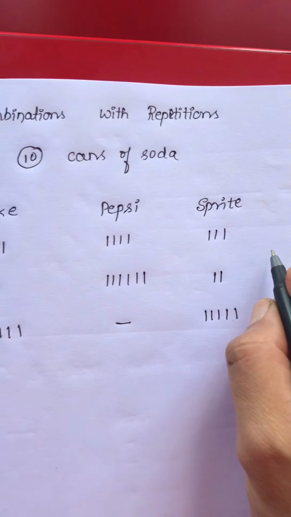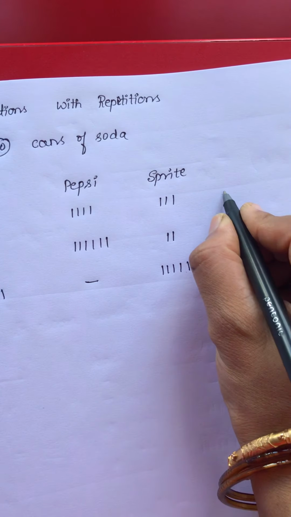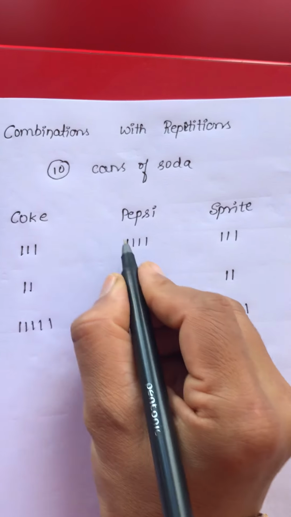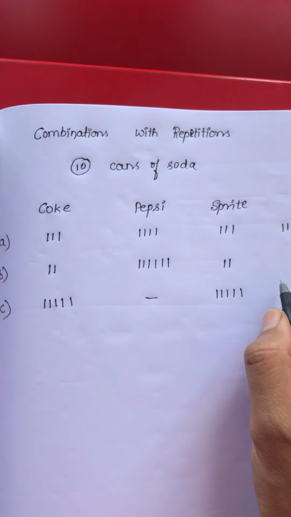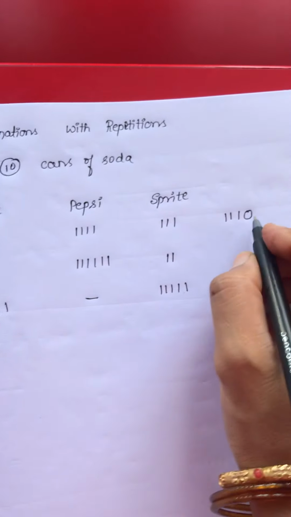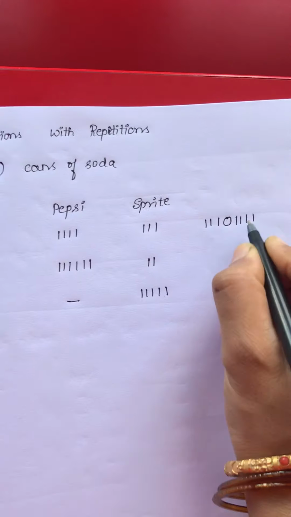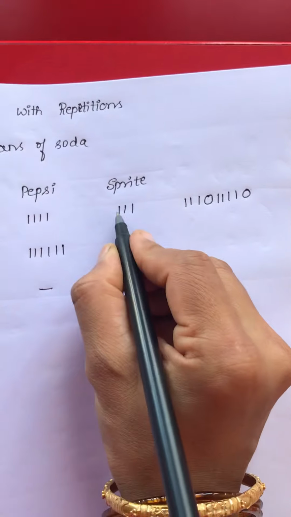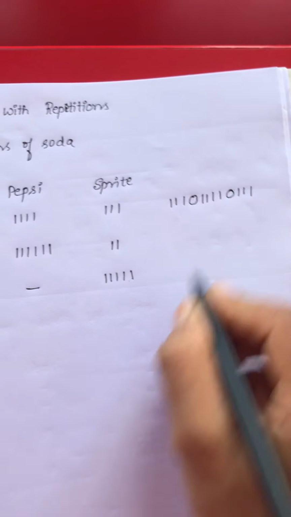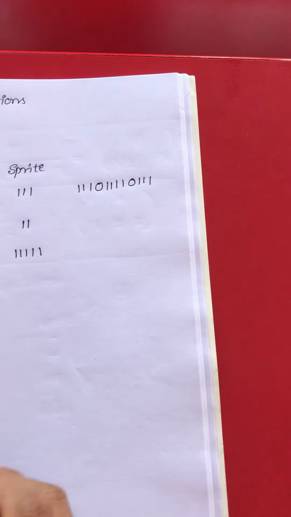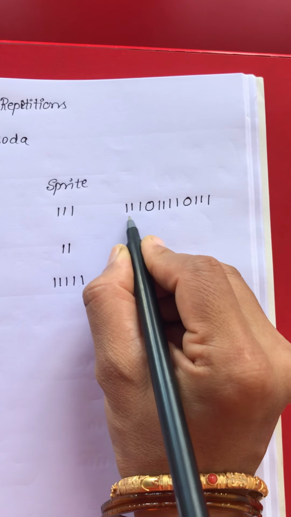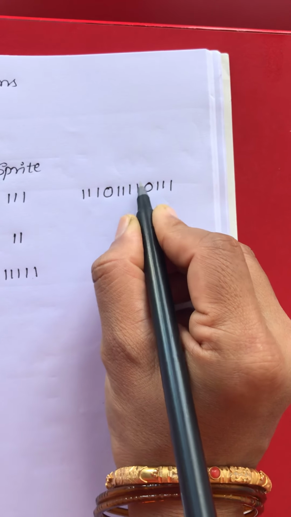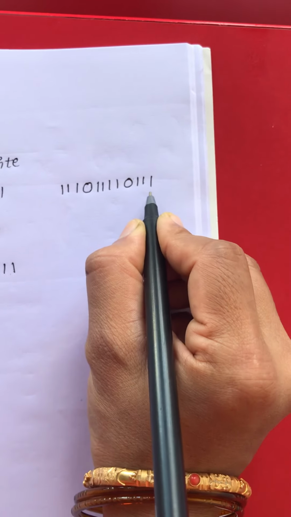So what will I do now? I will represent it as, first he has taken 3 Coke, you can check. Then there is a transition from Coke to Pepsi. 0 represents the transition. Next, Pepsi he has taken 4. Next there is a transition from Pepsi to Sprite, another 0. Next, 3 Sprites are there. So this clearly says, in the first category he has taken 3 cans, then there is a transition to the second category, then 4 cans here, then again a transition because 0 is there, then 3 cans.